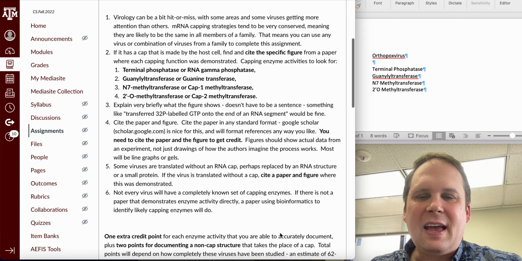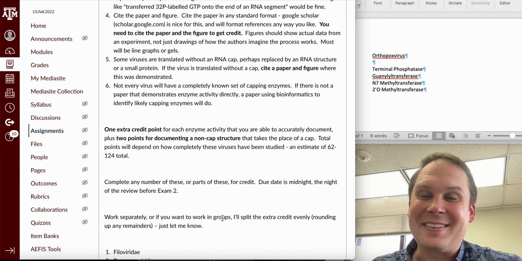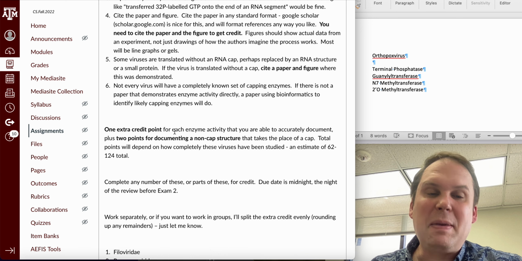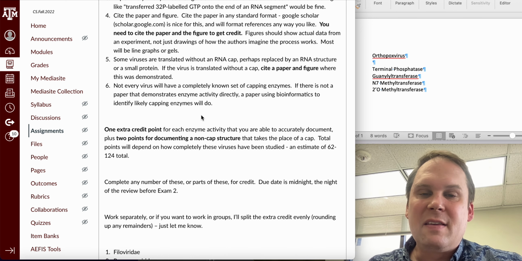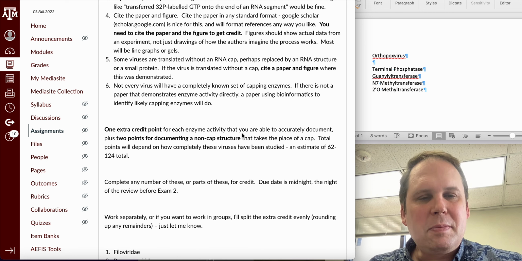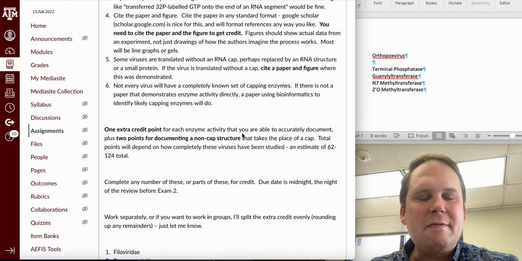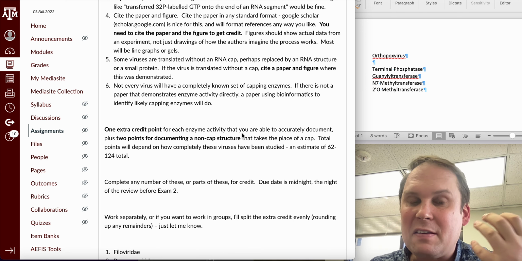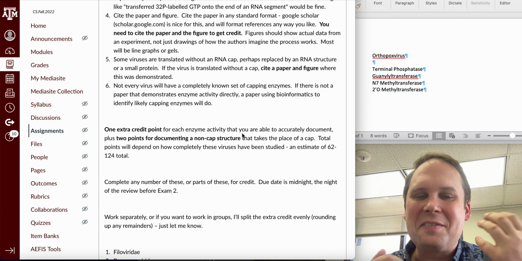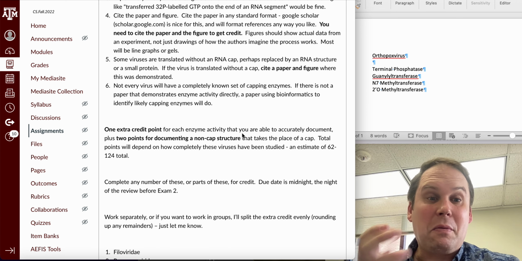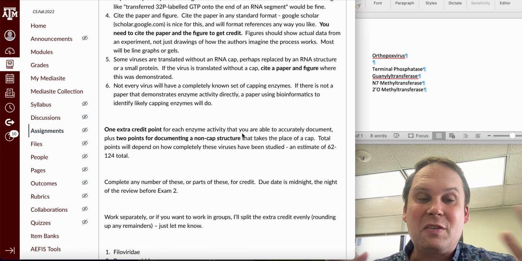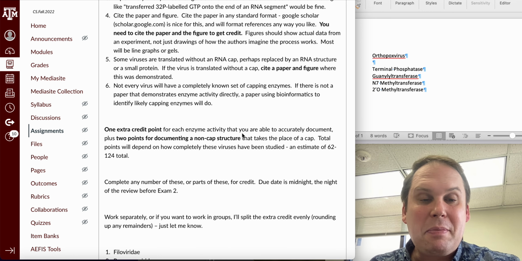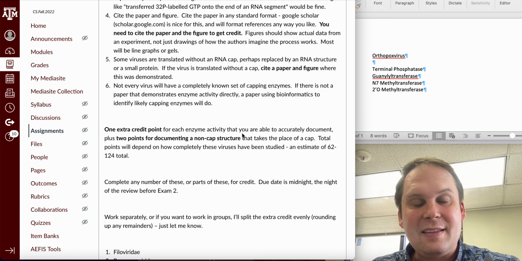All right, now, how's this thing graded? Well, here's the nice thing. One extra credit point, basically, for each documented thing. So if you can document an enzyme activity, that's fine. There may be multiple ways to do this. Someone may have identified the activity before they figured out which enzyme actually did it. They can say, it's about an 84 kilodalton enzyme. I don't know what it is, but it did this. And later on, they may say, here, we found this enzyme, and it does the same thing as they showed in that other paper. And as long as each paper has an actual demonstration of what the enzyme does, that's